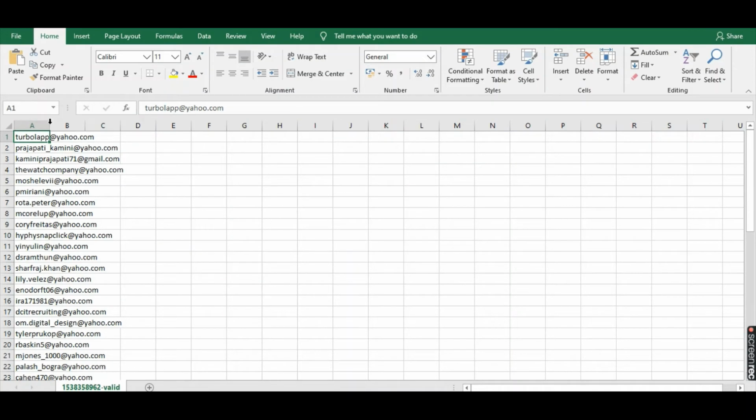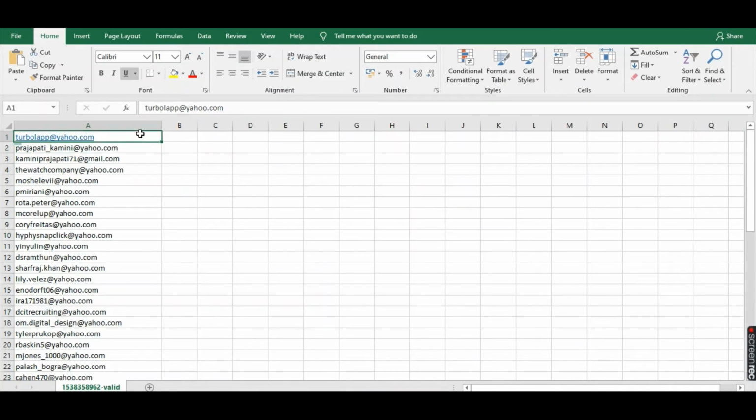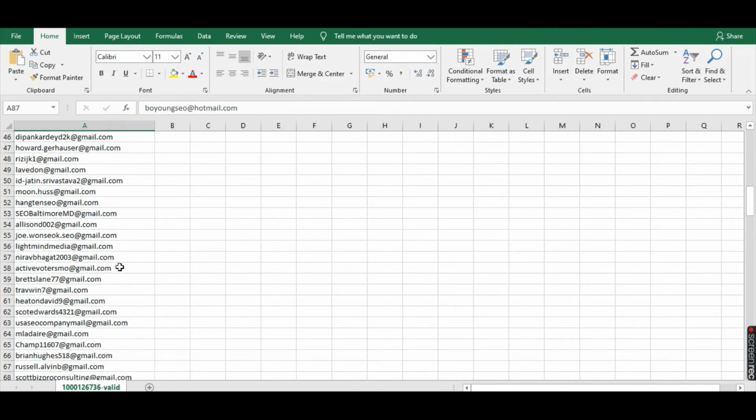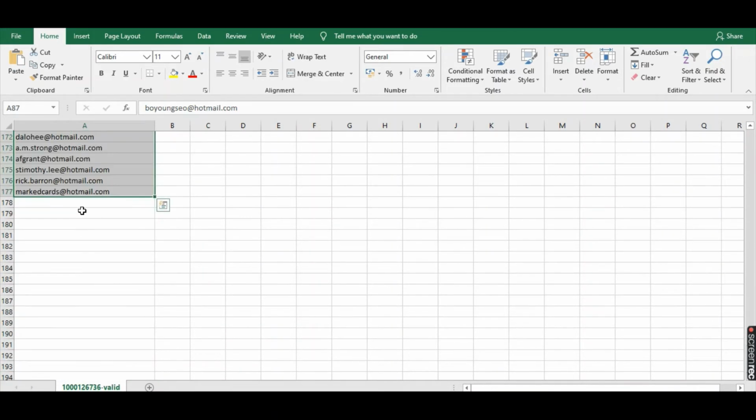These are all Yahoo emails. Control Shift down arrow, copy it and paste it in a single Excel sheet, where you will be finding all your Hotmail and Yahoo.com.